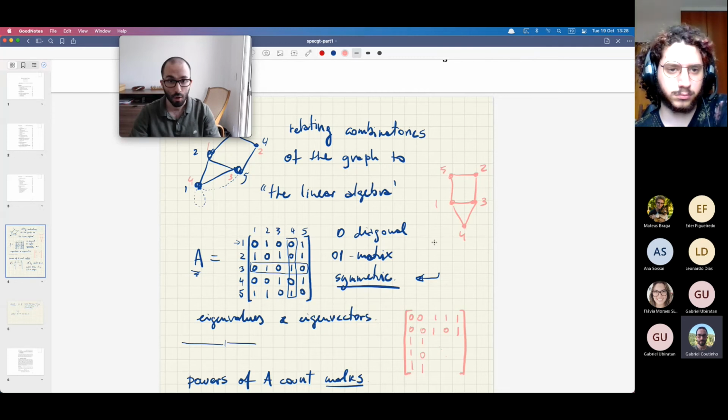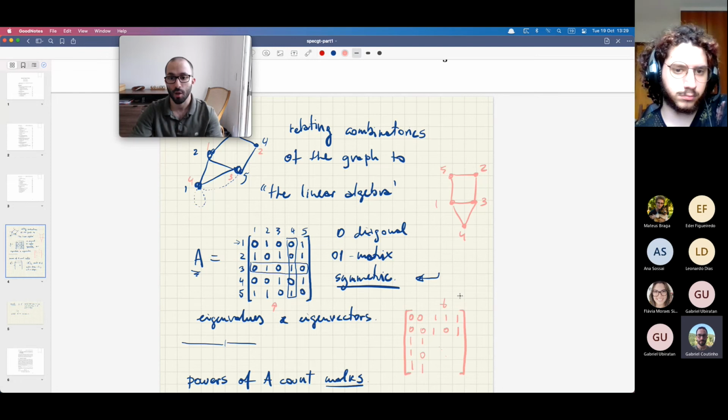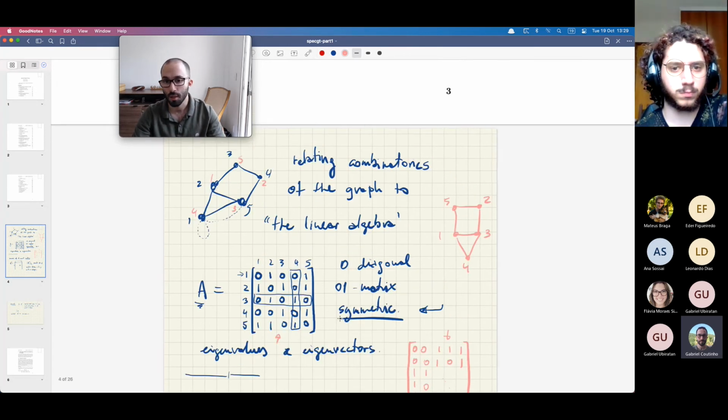Typically, when you feed a graph to your computer, it has access to this matrix or this matrix, and somehow you would want to decide whether or not these two matrices represent the same graph. We will see how this can be cast as a problem that has only to do with matrices, and how eigenvalues and eigenvectors can be helpful to us. These are two little things that we will already be exploring next class.